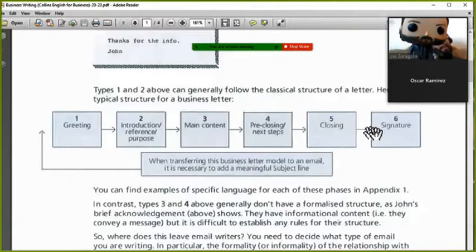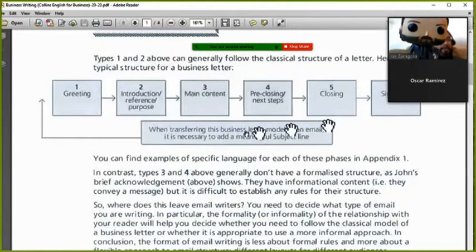Closing and signature and greeting can be really short. So greeting: hello, how are you? Merry Christmas. Very short. Closing: truly yours, honestly, dearly, etc. Closing can be very short, and the signature is also very short. It's just the signature. The introduction, you talk about,